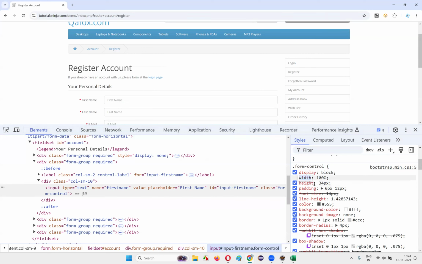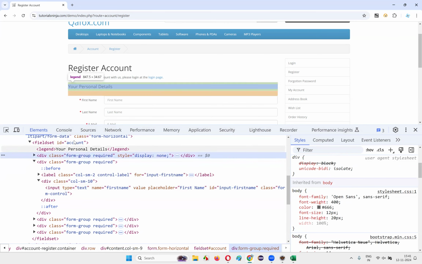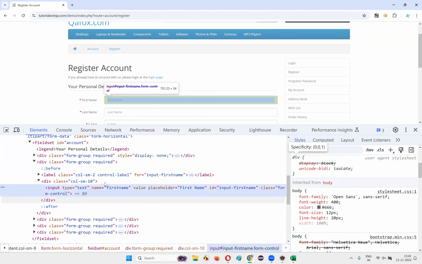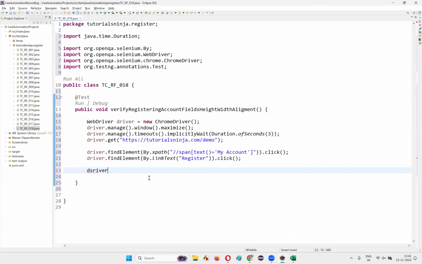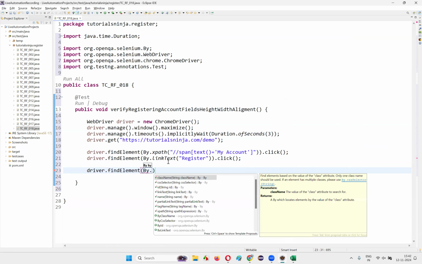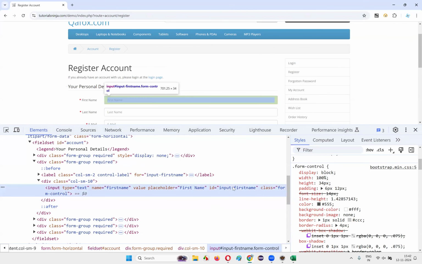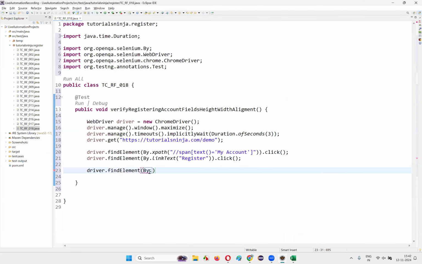I need to retrieve this height and width, which are CSS properties. To retrieve the height, I need to write down driver dot find element by dot, and provide the locator of this first name field, that is this one, by dot